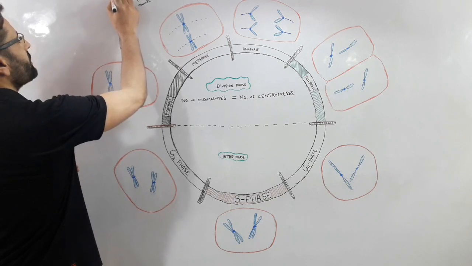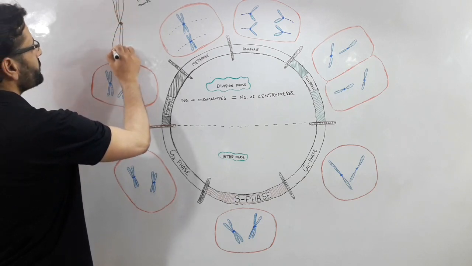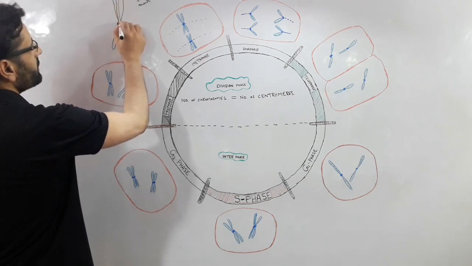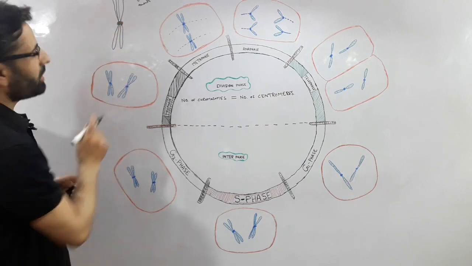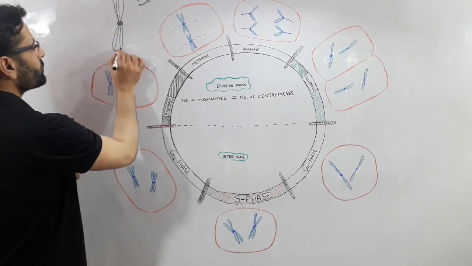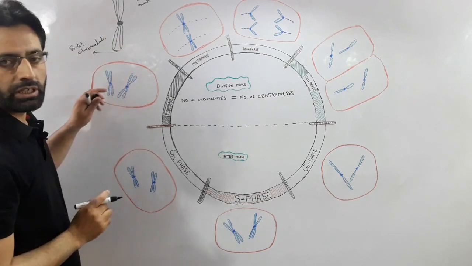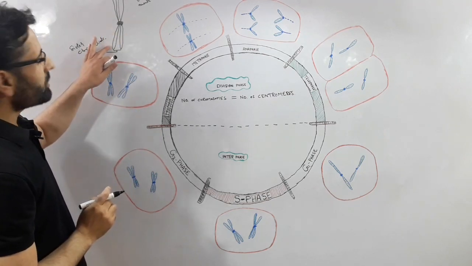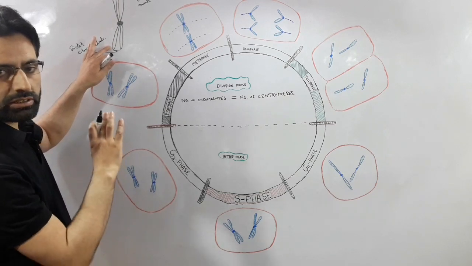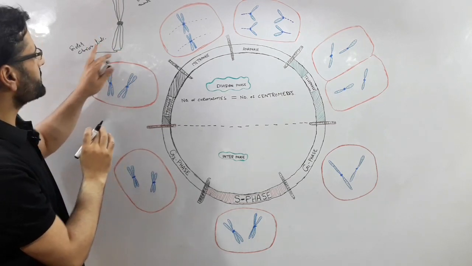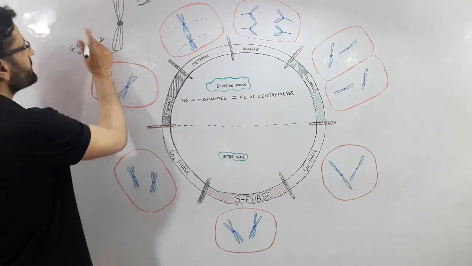That is, it is having now two sister chromatids here, like this. Now these are sister chromatids. So this chromosome is now duplicated and is having two sister chromatids,